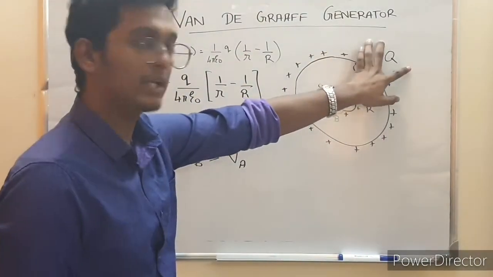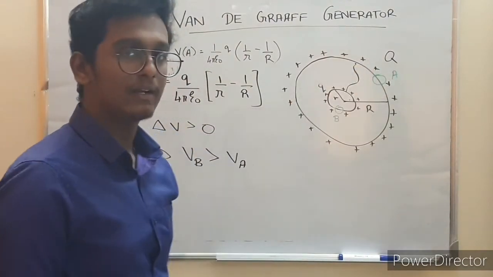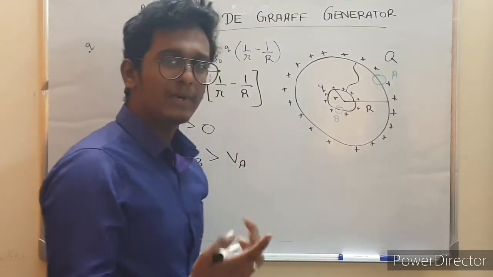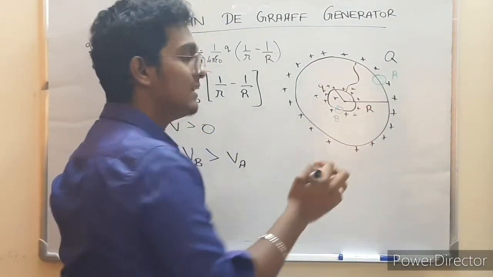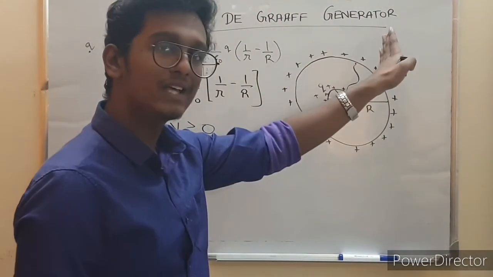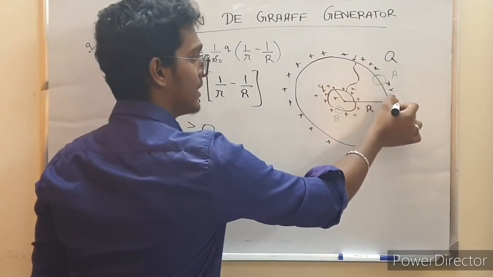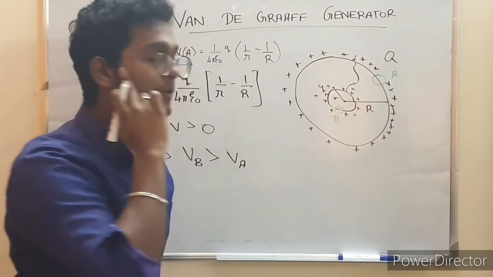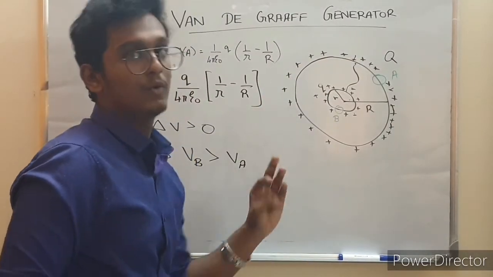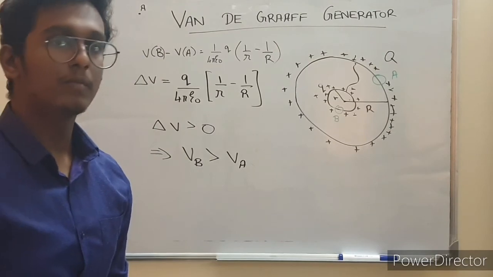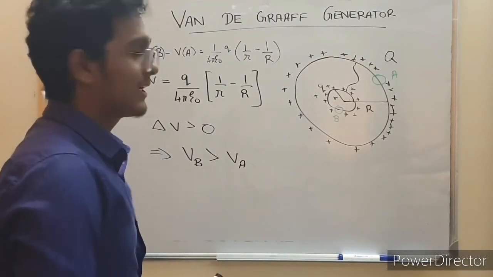Since even though the charge capital Q is greater than small q, the charges are still being forced to go outside. That means if you somehow had a mechanism to keep on bringing charges over here, positive, positive, positive, positive, those charges are going to get pushed outside in spite of this having more charge. So more and more charges are going to accumulate on the outside. This is only due to the difference in the potential. So the more the charges accumulate outside, the more is the electric field. The more the electric field, the more is the potential developed, and this is what is used in the practical application